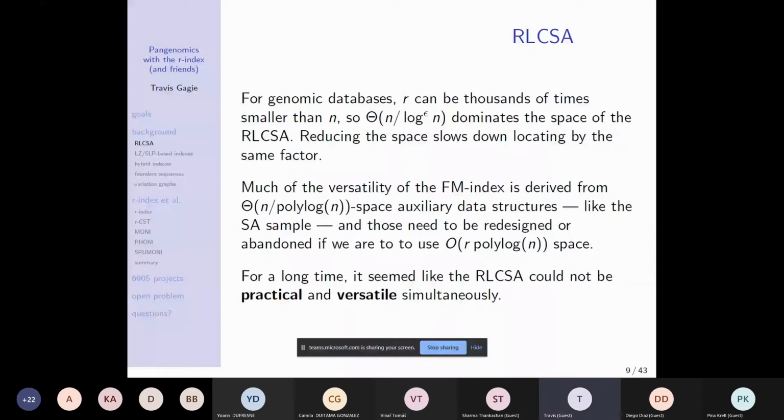So this means the RLCSA, if you want it to be small, it's going to be slow to locate. And if you want it to be fast to locate, it's going to be huge. So this is sort of a problem with going from indexing single references to indexing